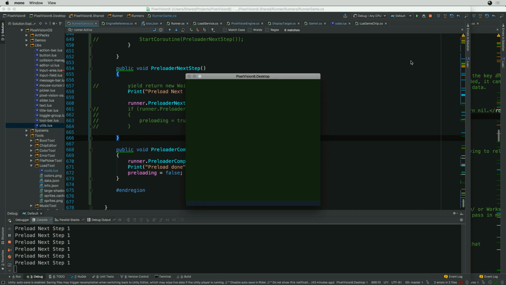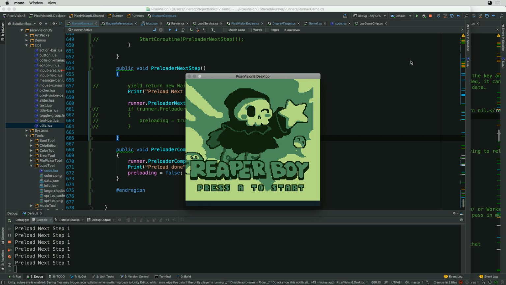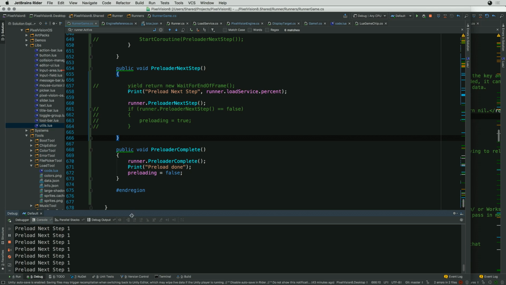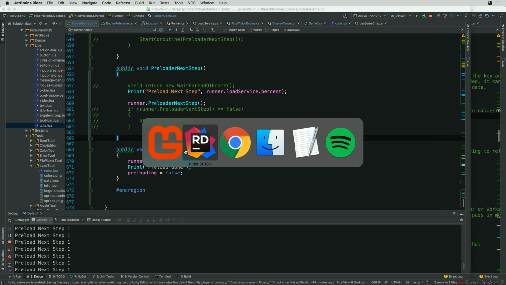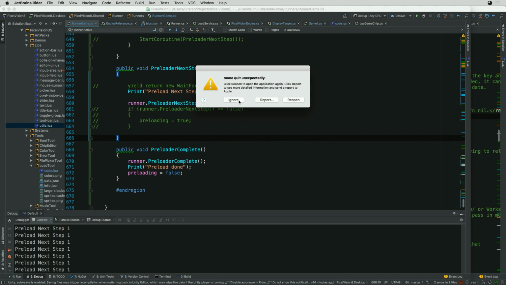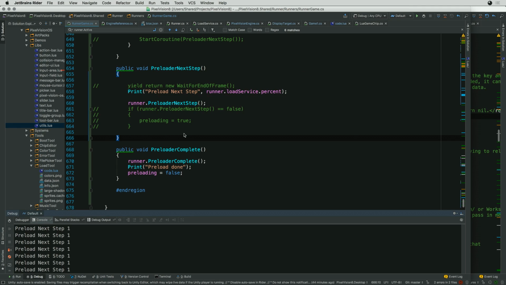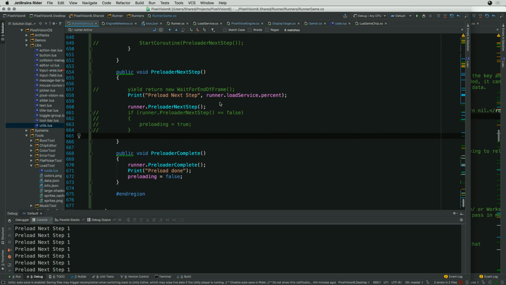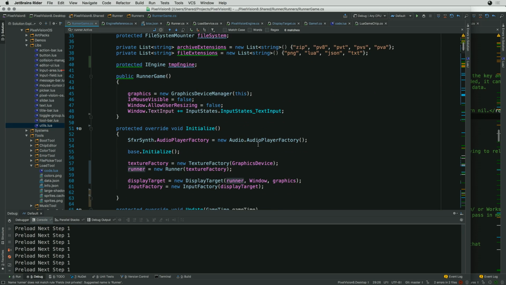Huh. Why is it, that's weird. It didn't get the preload end. All right, let's stop this and take a look at the preloader for a second. What's weird is that the preloader percentage, runner loader percent. I wonder what happens when we